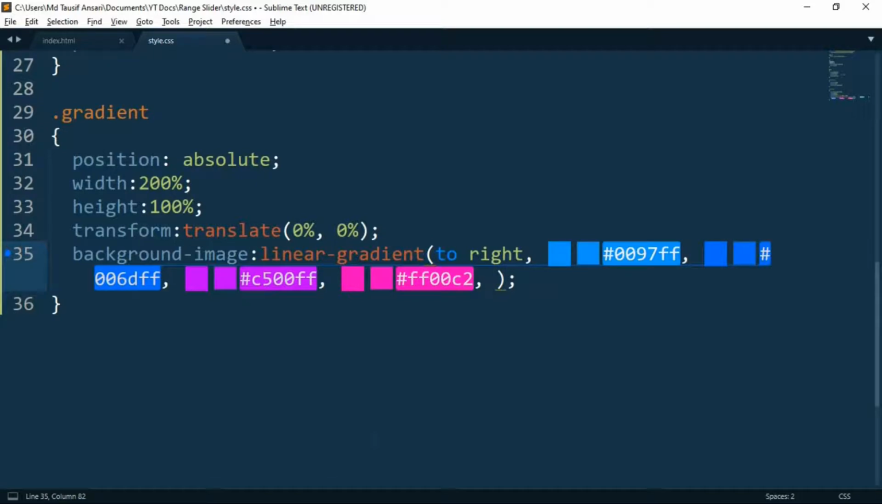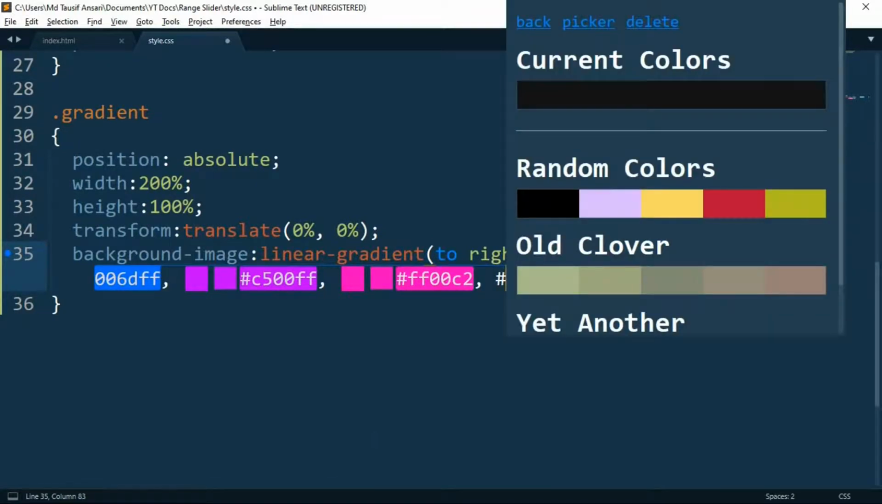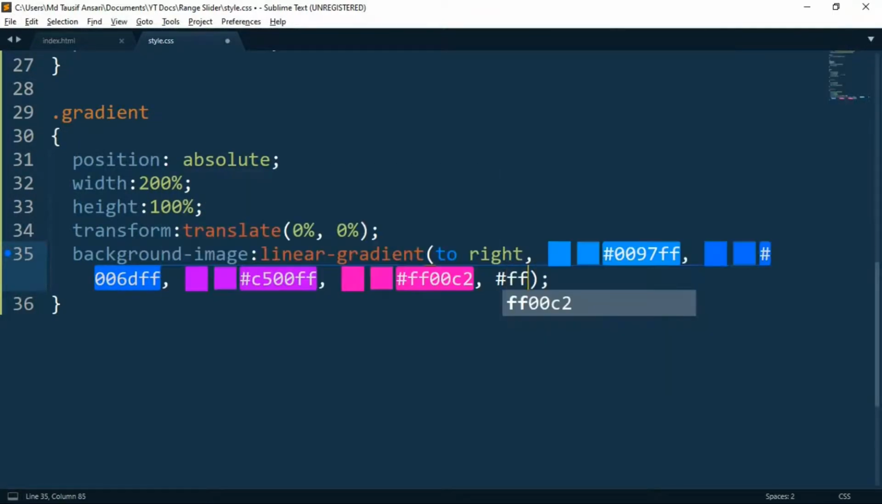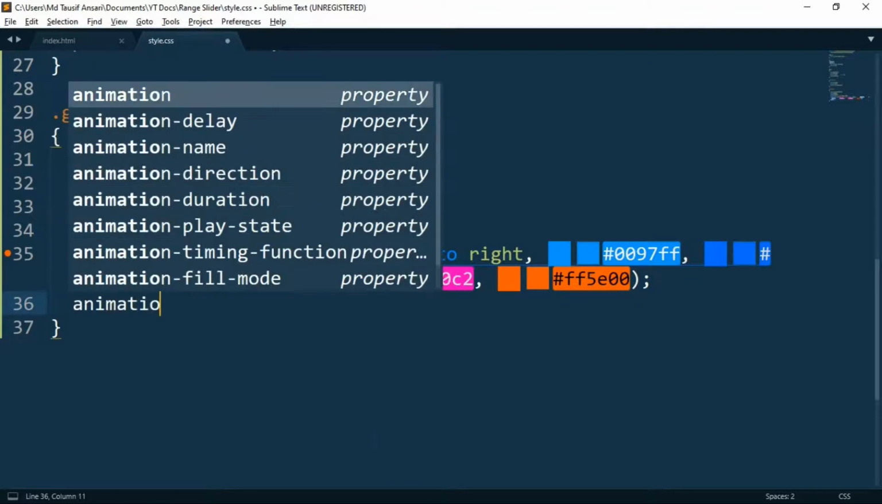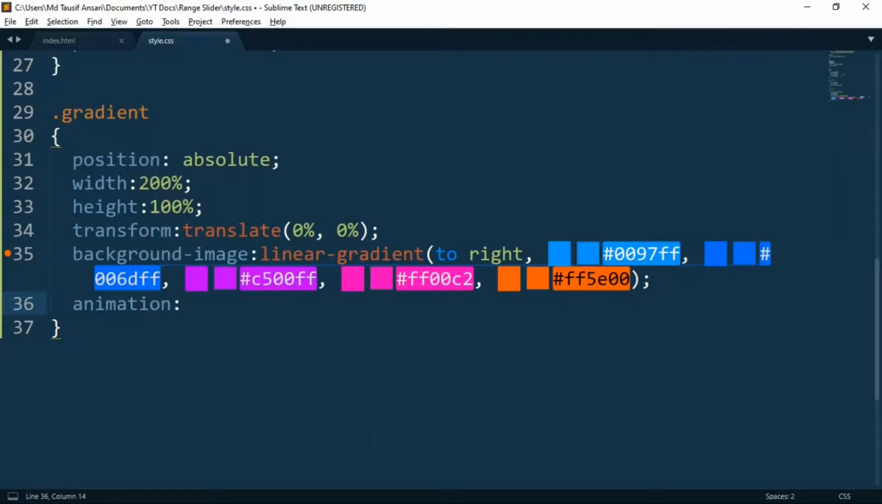And the last color I want is a bit of orangish, so for that FF5E00. Yeah, that's it. So that is it. And let's add the animation attribute. So for that, animation property, and let's just give it a name. Let's say oscillate, and time, let's say 5 seconds, and we want to animate it linear,